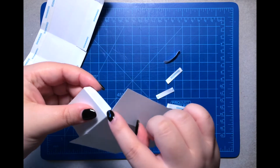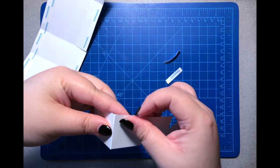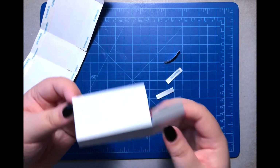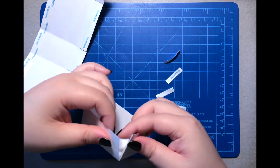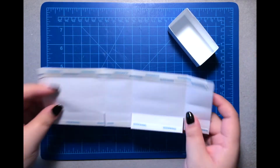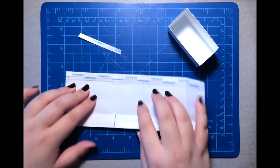Okay, and we want to meet this edge with this edge, just like that. Okay, and I'm going to do that to the rest of the corners. Our base is done. For the lid, first we're going to take off the backing on these 4 tabs